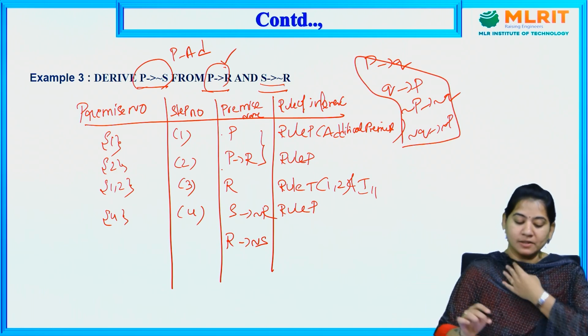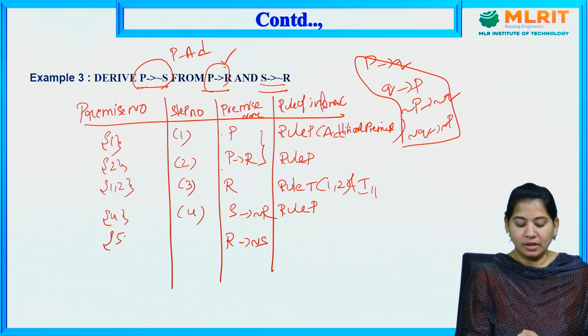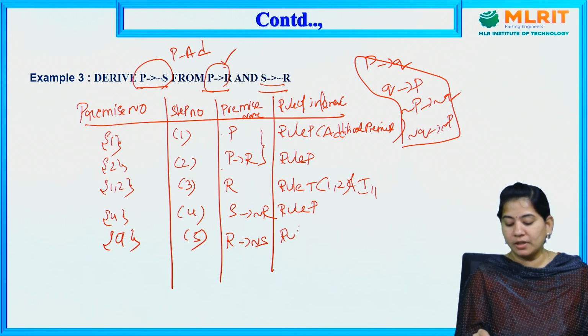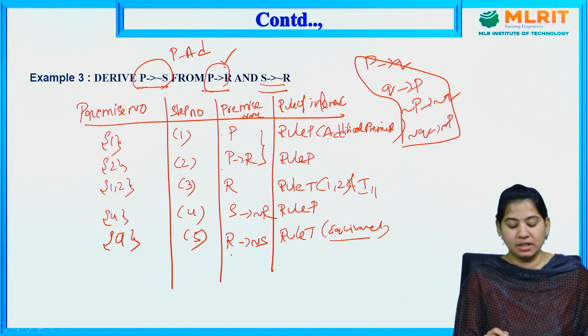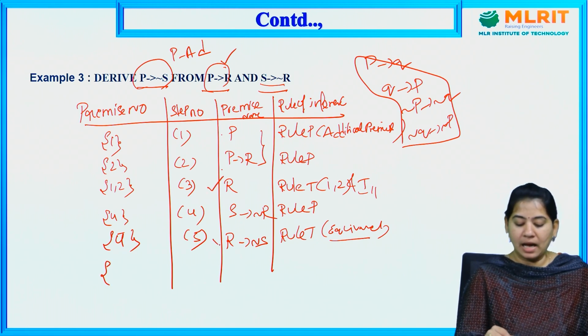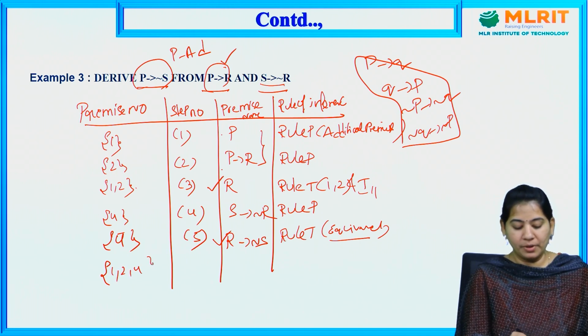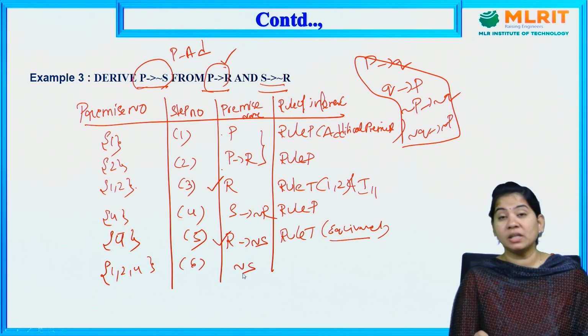So if I apply this, then for premise number, I have used the same thing, S implies negation R, with the new one. So that is nothing but 4. Step number is 5, and here I have used rule T, which is nothing but using the equivalence contrapositive. So using the equivalence formula, I got R implies negation S. Now R comma R implies negation S. So as I have used premises 3 comma 5 and step number is 6, then I'll get the answer as negation S, by using the I11 formula.